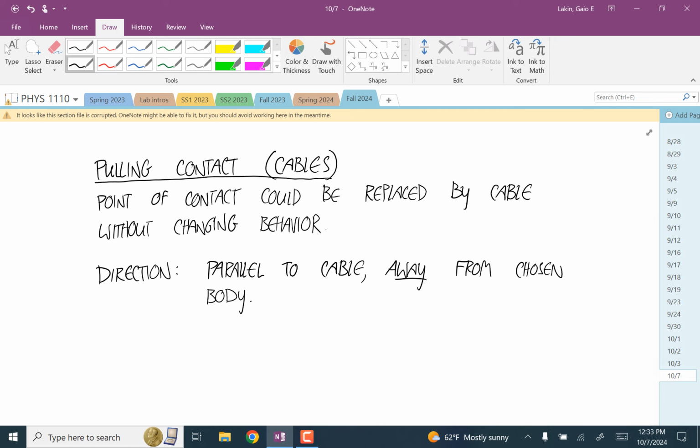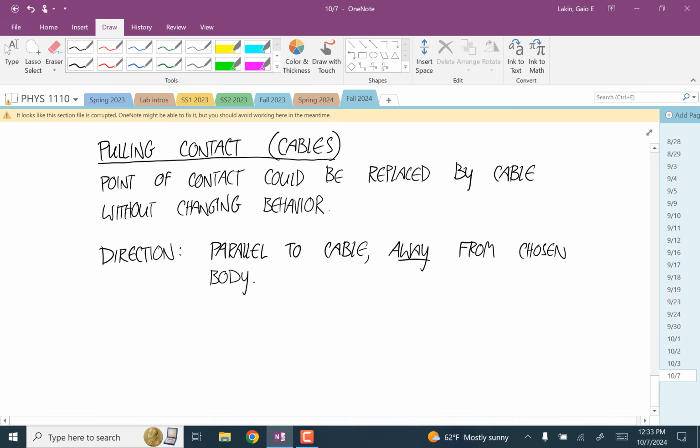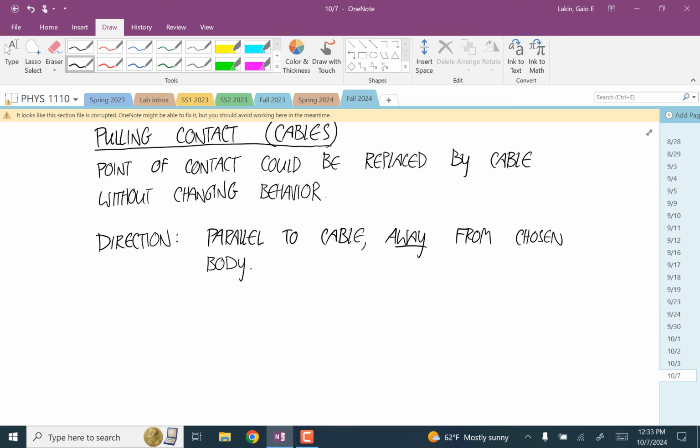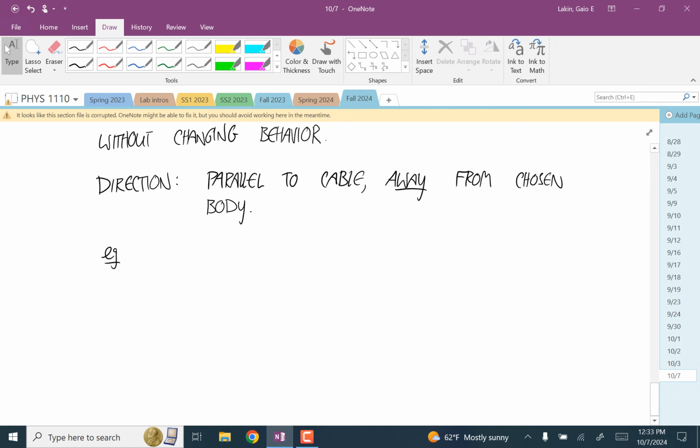So the big fundamental difference is pushing forces act toward the chosen body, pulling forces act away from the chosen body. Okay. And so let's see how this works. As an example, I'm going to do two carts again, but this time I'm going to have them connected